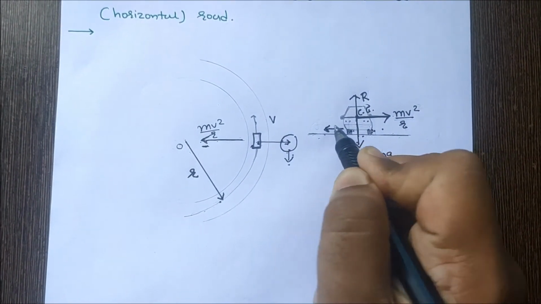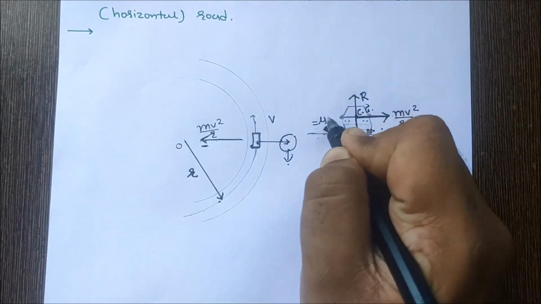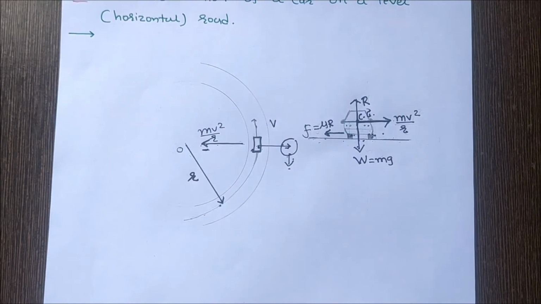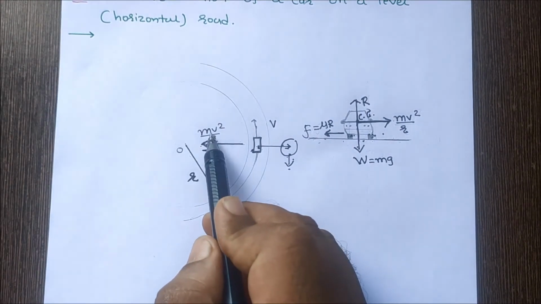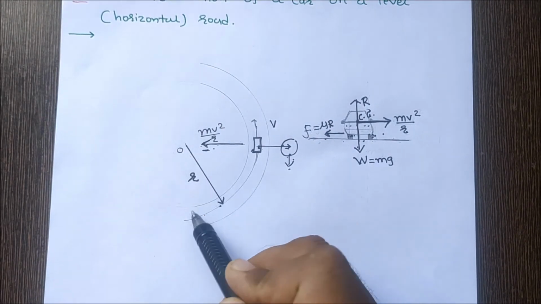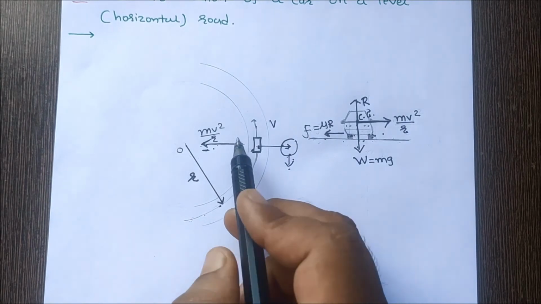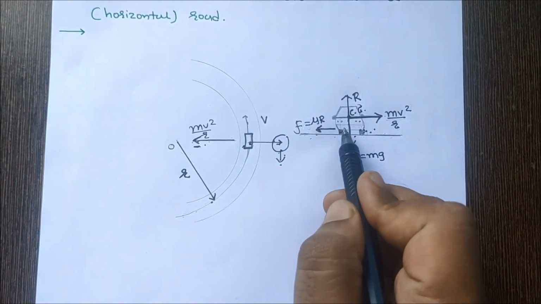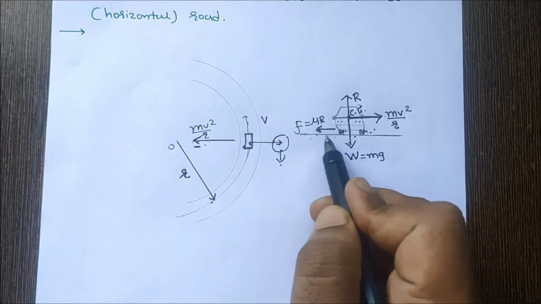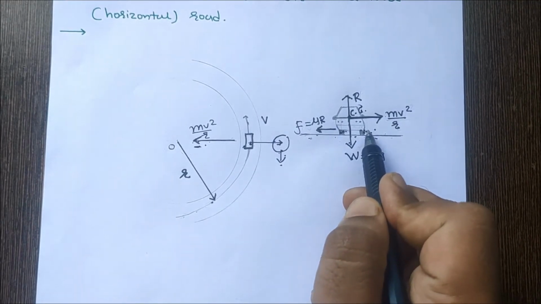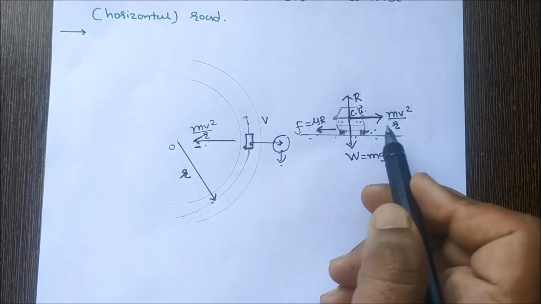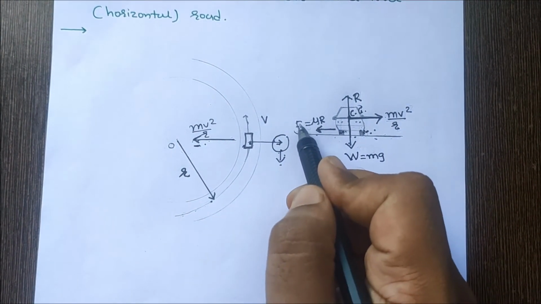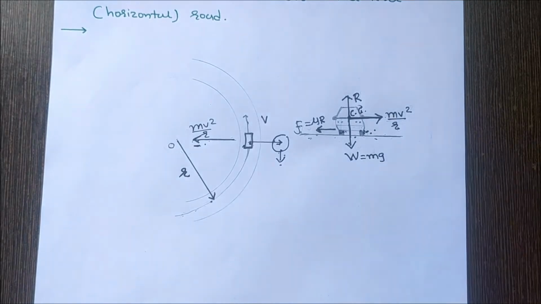Frictional force value, that we know, is mu R. So F is equal to mu R. Again I repeat, the centripetal force mv squared by r required for circular motion is along the surface of the road and is provided by the component of the contact force between the road and the car tires along the surface. So this is the definition of frictional force. So frictional force F is equal to mu R.